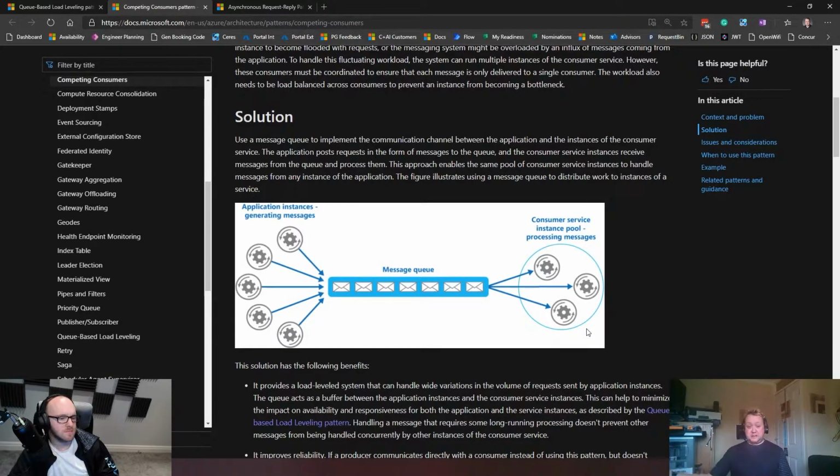And effectively the analogy in the real world is I have a drive-through restaurant that has 3 lanes to take orders. In fact, in this scenario you then actually have 2 queues, which is pipes and filters. But we'll save that for a subsequent session. But the core part around competing consumers is I have an undefined or fixed number of consumers of the message. Yeah, to process the things which are placed by the queue-based load leveling pattern.